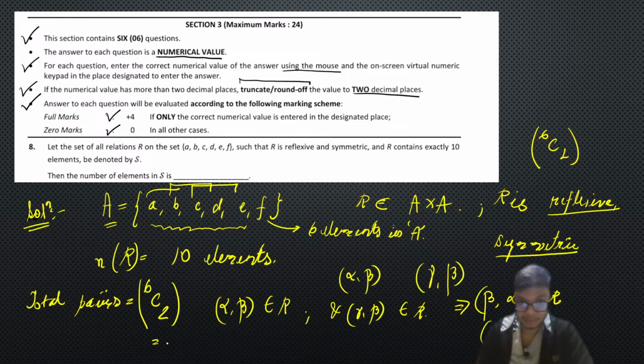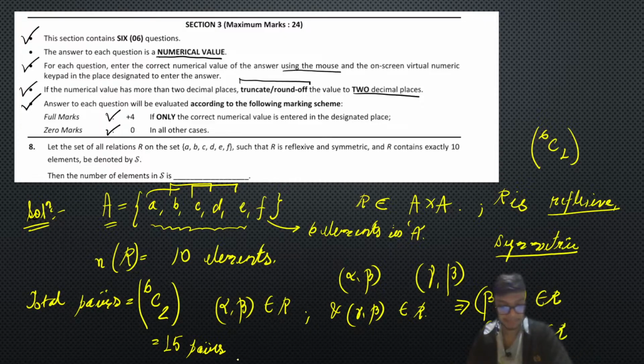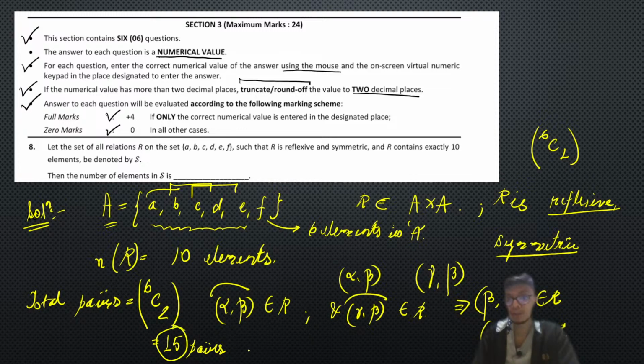So if you look at the pairs, there are 15 pairs, right? Out of this, there will be a total of 15 pairs. Now, out of these 15 pairs, we need just two pairs. We just need alpha comma beta and gamma comma beta. So out of this 15, if we need two pairs, that can be simply given as 15C2. That is our